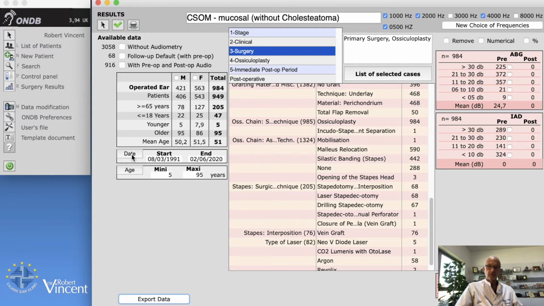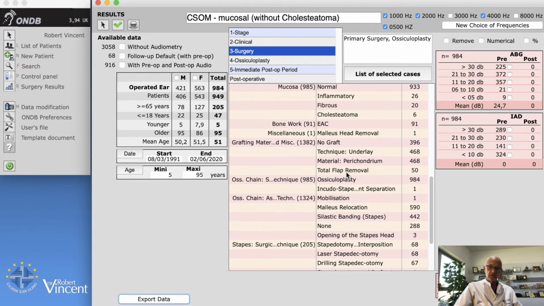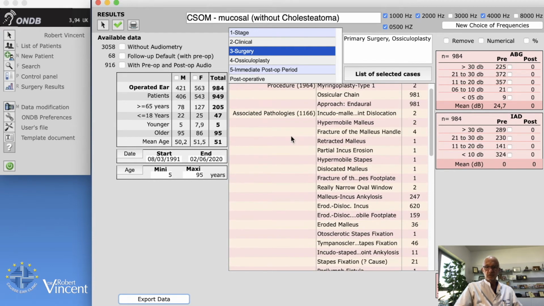So again, we have the date, the beginning of the first prosthesis which I used, and the last one in June 2020, minimum age and maximum age, and on the right again the pre-op air-bone gap and bone conduction and air conduction. Now, interesting would be also to see what type of pathology was identified during surgery. So we go to associated pathology, so we can describe how many eroded dislocated incus we have, 620, or how many eroded malleus,